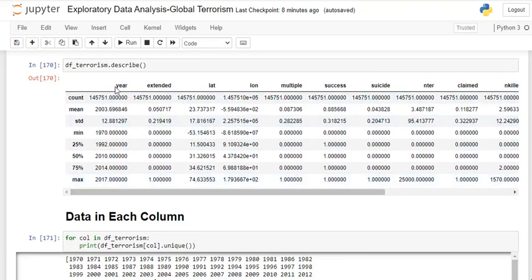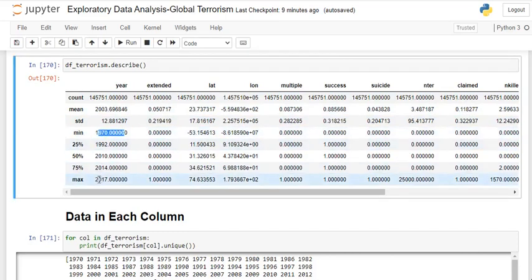Let us see the total number of data points: 1,45,071 rows, and the mean is 2003, with the standard deviation. The data starts from 1970 to 2017, so the minimum is 1970 and the maximum is 2017, and the 50% is the median